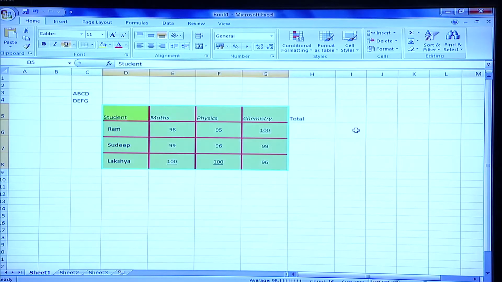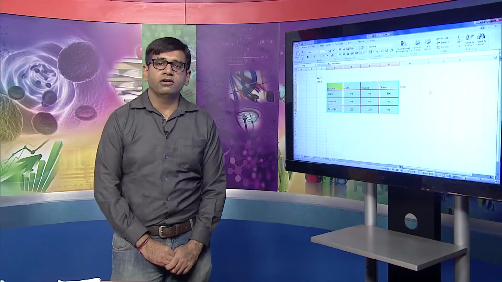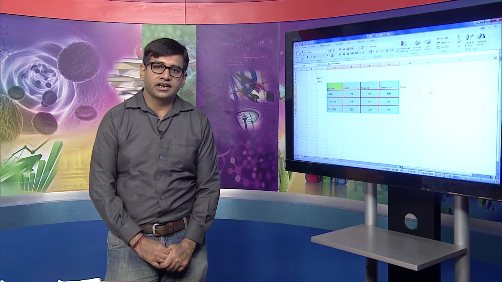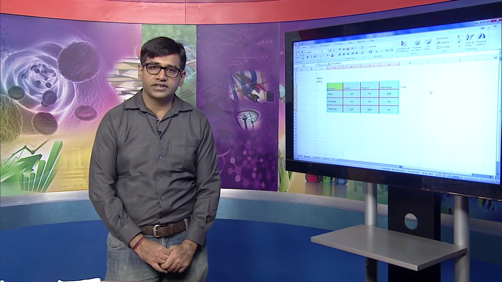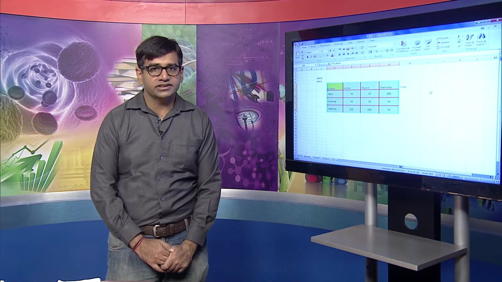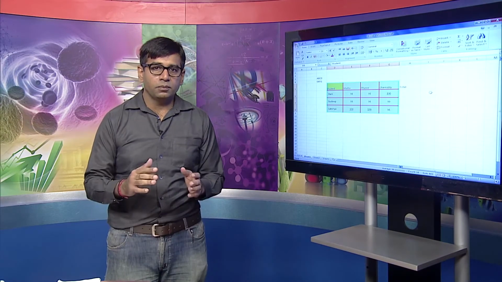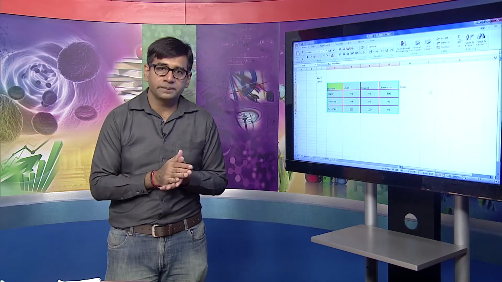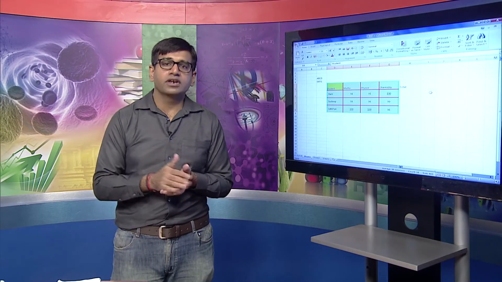However, Microsoft Excel also comes with some styles. These styles are available within the Microsoft Office library, and using these styles you can present your data more impressively, at the same time more efficiently.